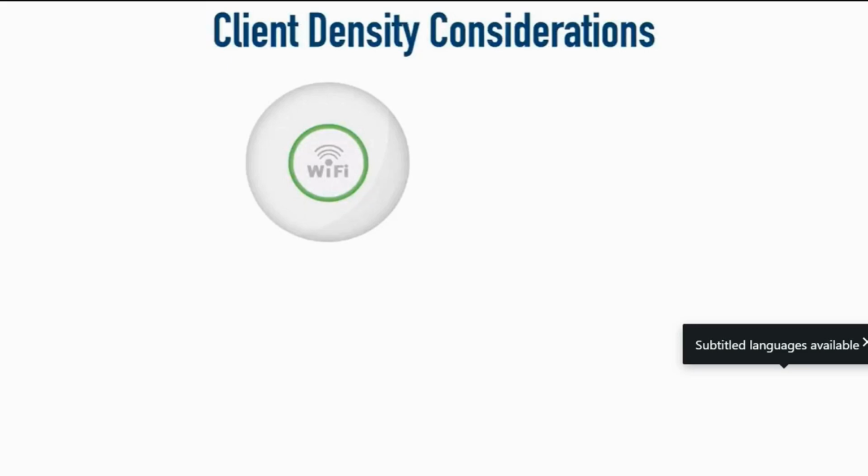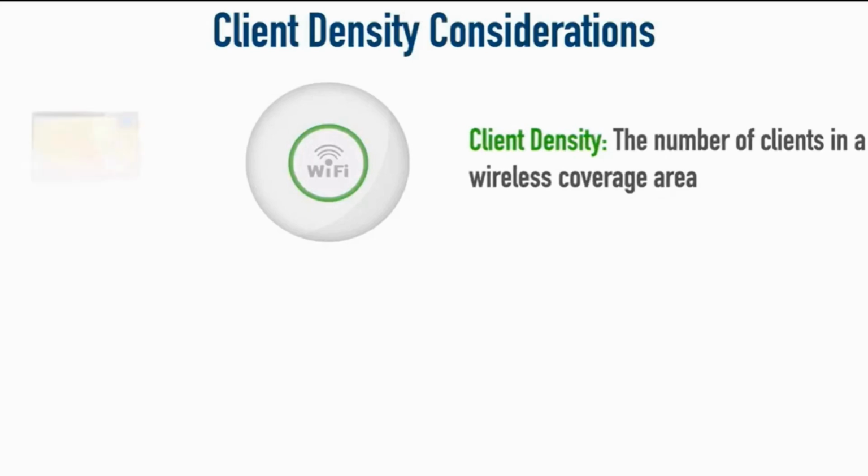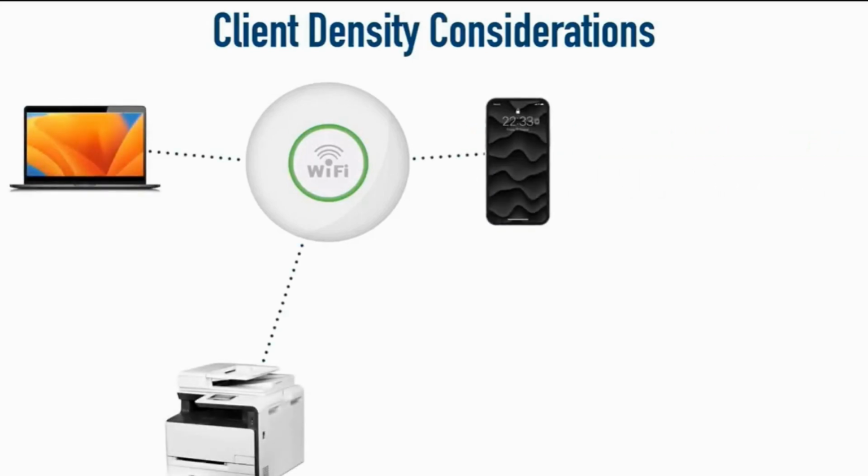Consideration we have for enterprise wireless networks is client density. Client density refers to the number of clients we need to service within a particular wireless coverage area, and it's an inverse relationship between the number of clients that we can serve and the possible network performance for each of those clients. Here in this example, we just have 3 clients, and they get to share the resources of that